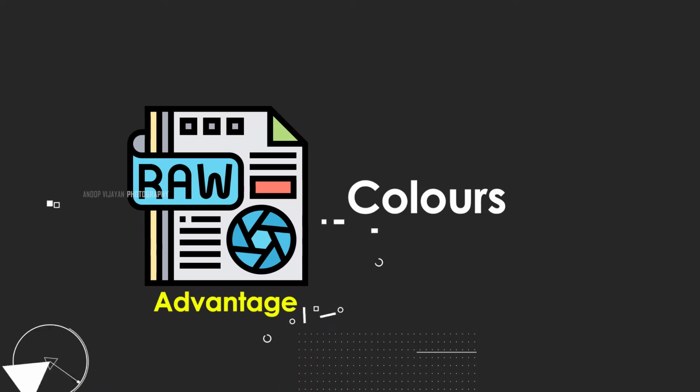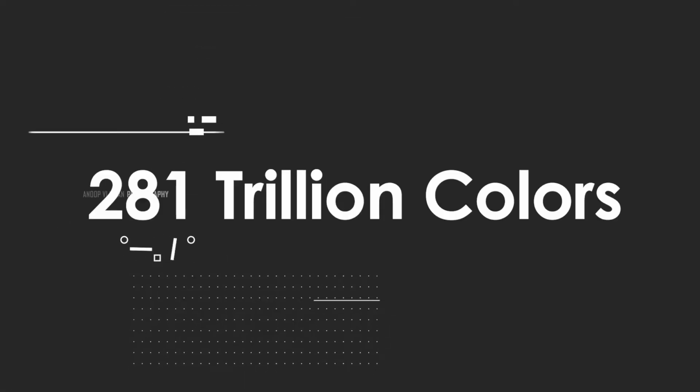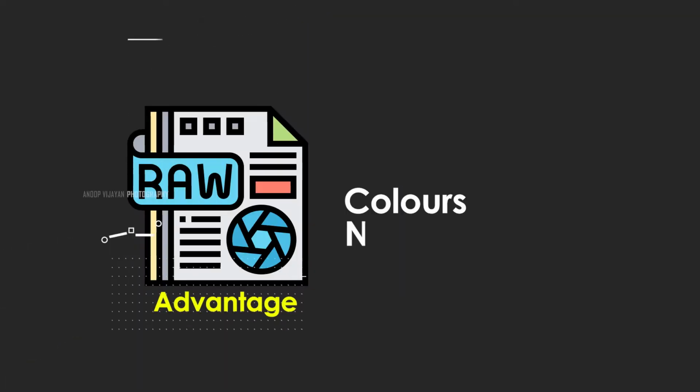And these files have advantages and disadvantages. When you go for advantages, in my mind, the first that comes is colors, because this file can produce plenty of colors. A 16-bit raw file can produce up to 281 trillion colors, and these colors help our photography a lot. That is the first point. Coming to the second point, it is not compressed. As I mentioned before, while capturing, all the information is stored as it is. Due to that, you can manipulate that information at any point of time. That is one advantage.